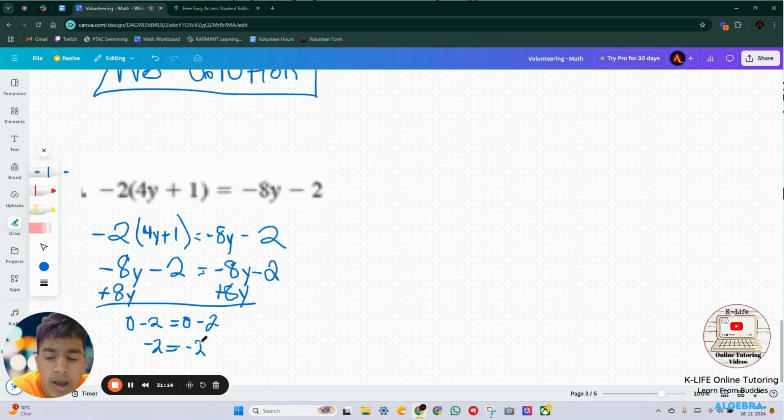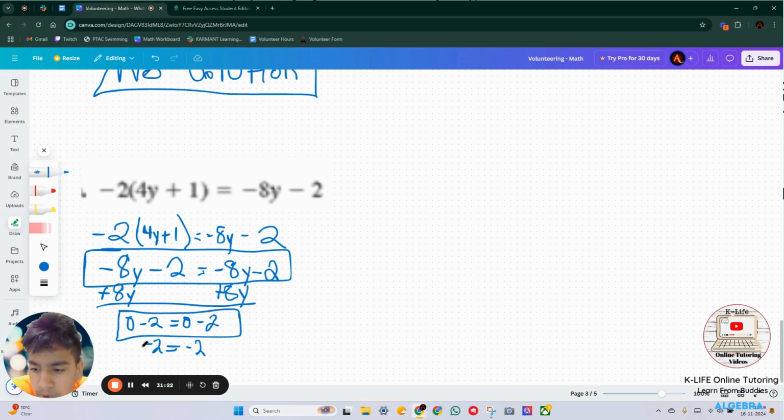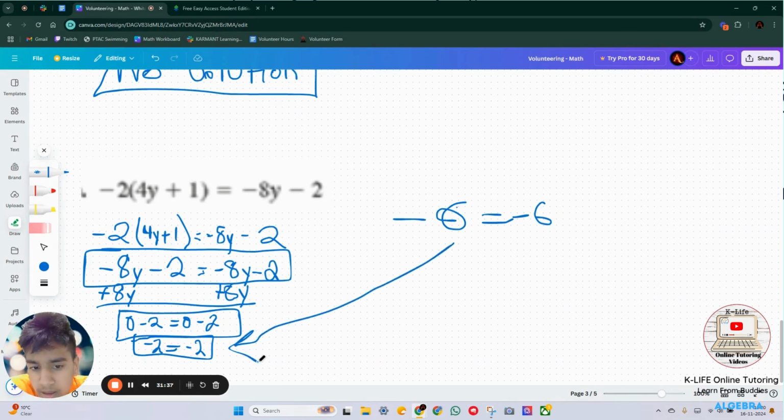Anytime you have something like this as an answer or a part, where something is equal to itself like this, this means infinitely